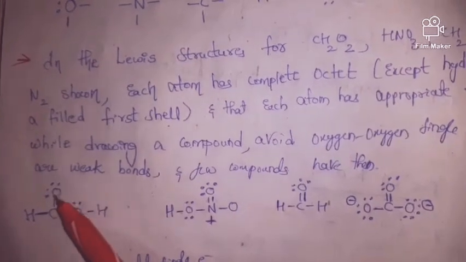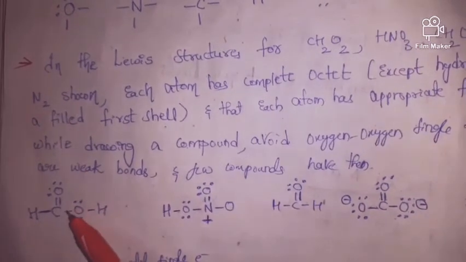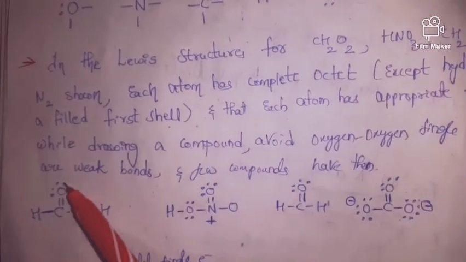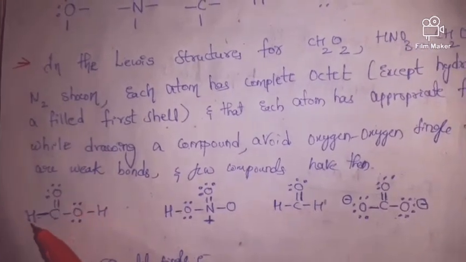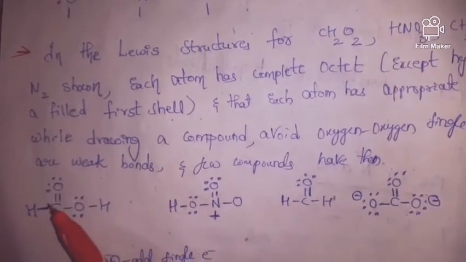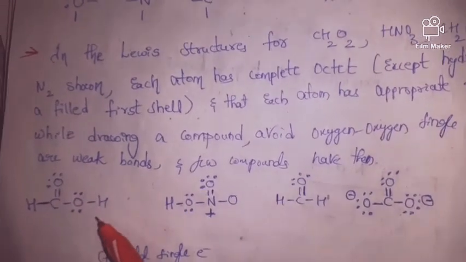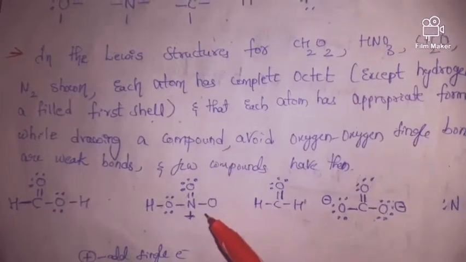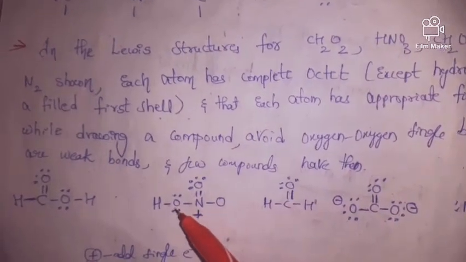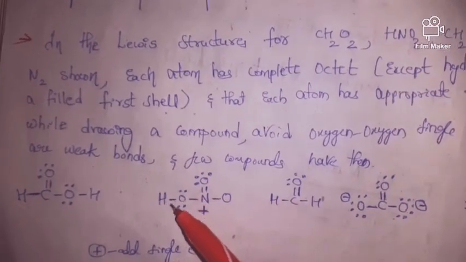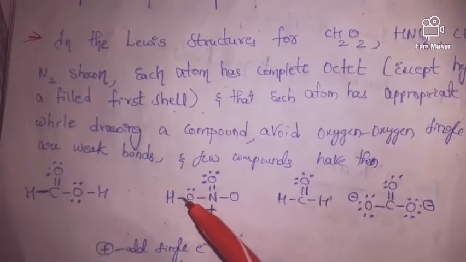Okay, see, if we observe this, carbon is able to form how many bonds? 4 bonds, so 1 2 3 4. Oxygen is able to form 2 bonds. Here also oxygen is able to form 2 bonds, and hydrogen and halogens are able to form a single bond, no? So here we have mentioned the single bond. Next, the same thing friends: oxygen is able to form 2 bonds, so here 2 bonds for oxygen.